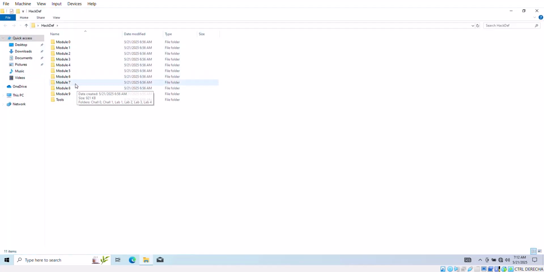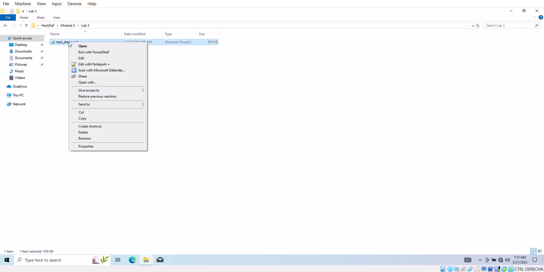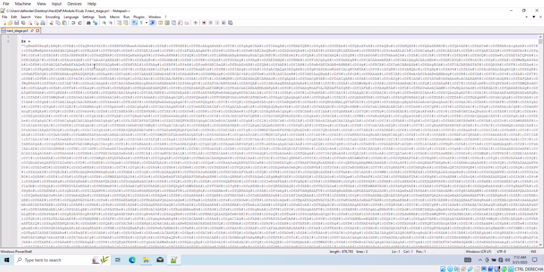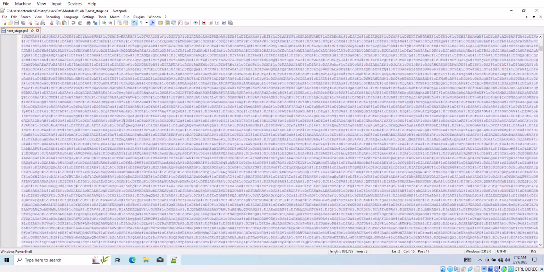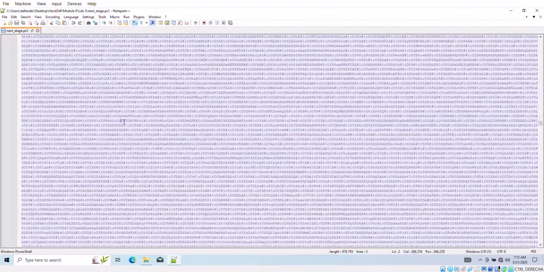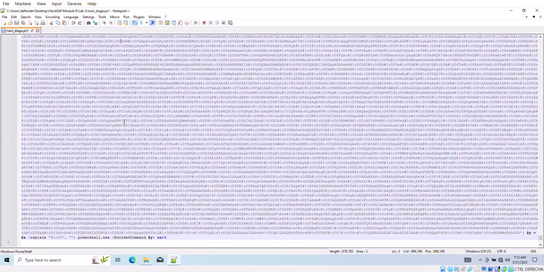So let's go to our folder HackDev, Module 8, Lab 3. Okay, so this is the script file. Let's take a look. We can notice there's a variable assignment, a letter X, and a very long line. This is still the first line, assigning another letter Y